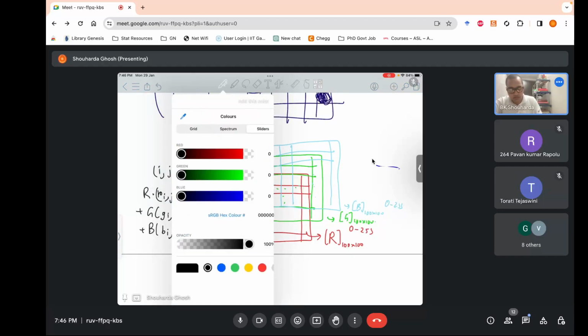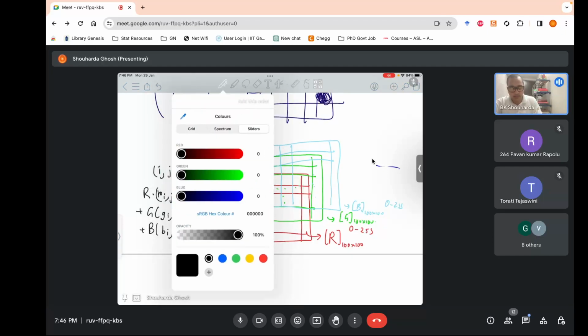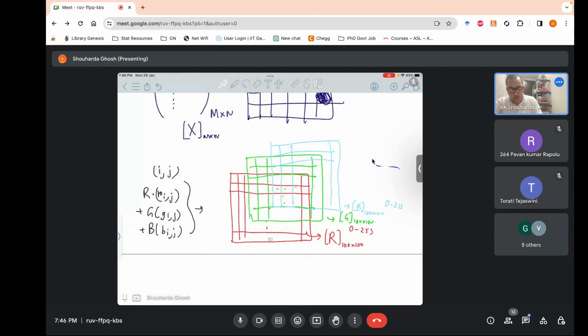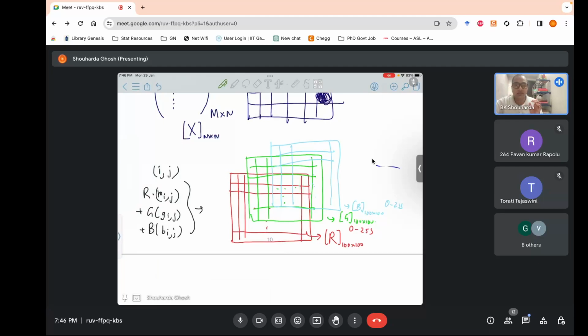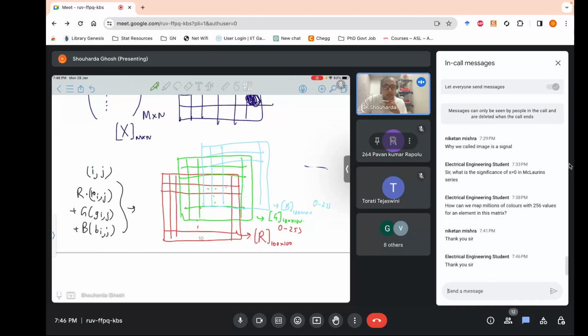So that's how you are able to look at color images. There's a whole course called image processing, which people take in their 4th year as electives, and in some other colleges people learn this in their 1st year. If you are interested in computer vision or deep learning for image processing, this becomes a fundamental thing. This is also a mathematical representation of the signal.